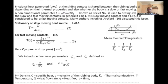Many authors, including Archard, whose details are given in reference 10, have discussed this issue. And we quote from there that for stationary or slow-moving heat sources, when the Peclet number is less than 0.1, the contact temperature is given by Q divided by 4 A K2. Q is the heat supplied at the contact, which is mu W V,